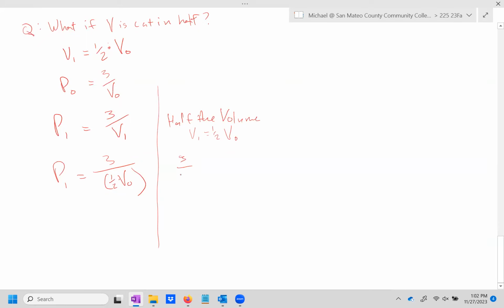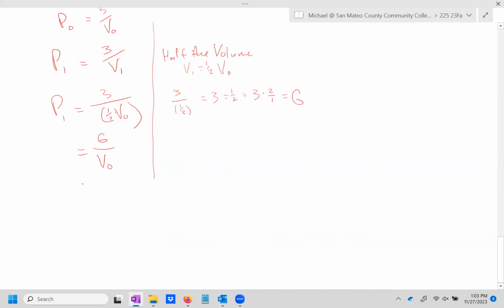What is 3 divided by 1/2, friends? It's just 6. So this thing is equal to 6 divided by V0. Which, isn't that the same thing as 2 times 3 divided by V0? And isn't that the same thing as